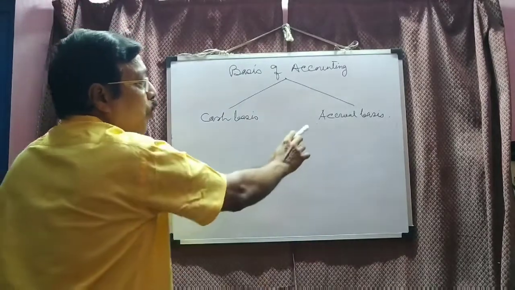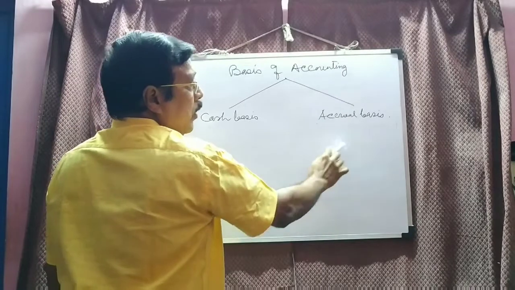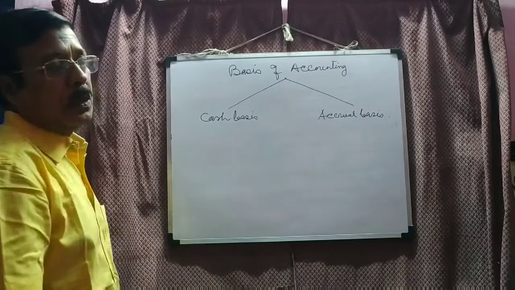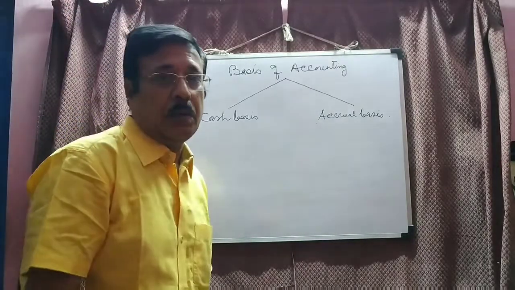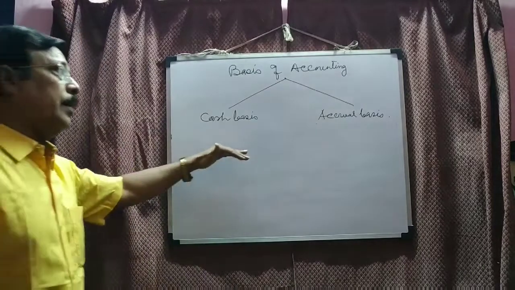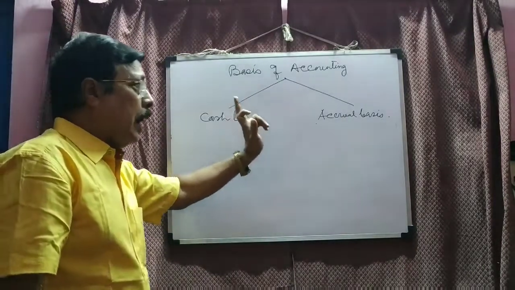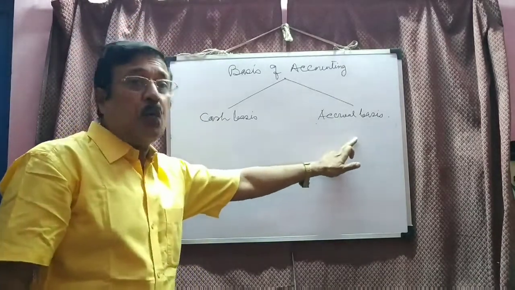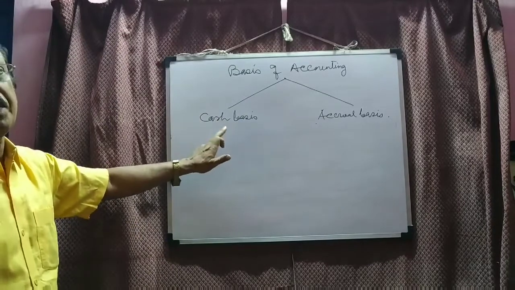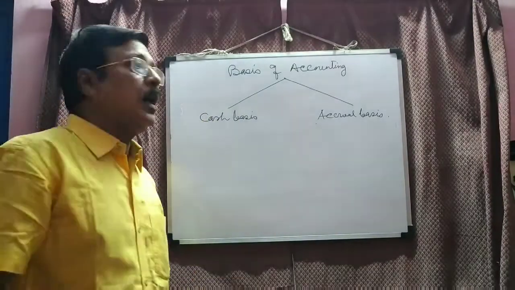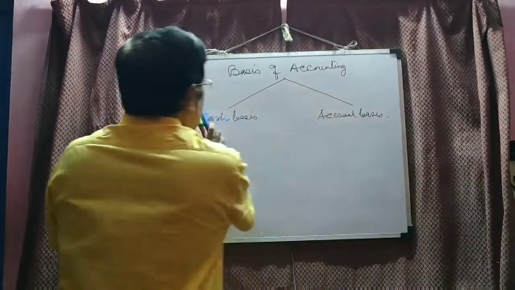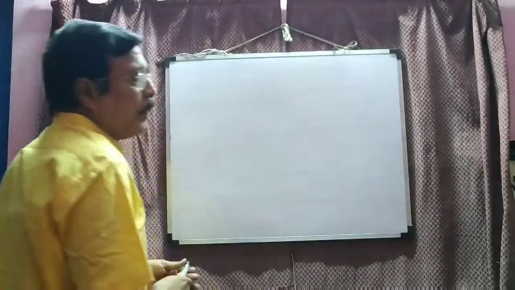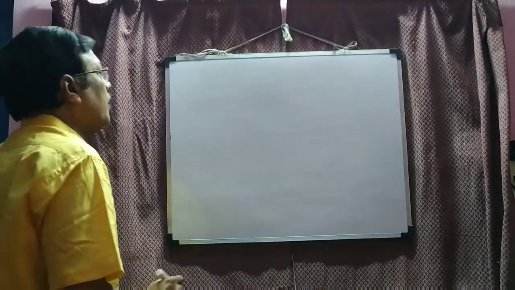So accrual basis means when it is accrued, it must be recorded in the income and expenditure account. So we follow the accrual basis in case of income and expenditure account and the cash basis in case of receipt and payment accounts. I think all of you have understood. So the income and expenditure account will be prepared on the accrual basis, but receipt and payment account will be prepared on the cash basis. So now, what type of entries are recorded, what type of nature of account are recorded in the income and expenditure account?